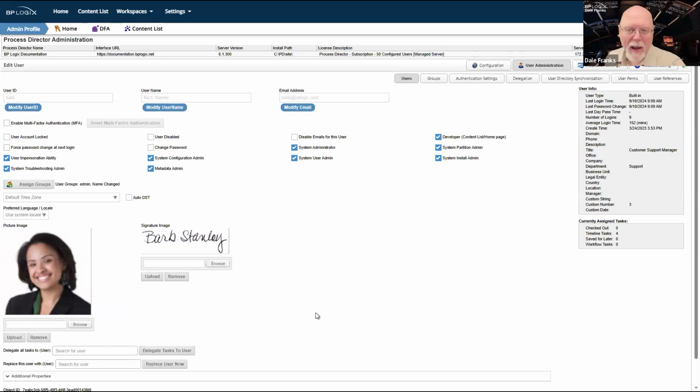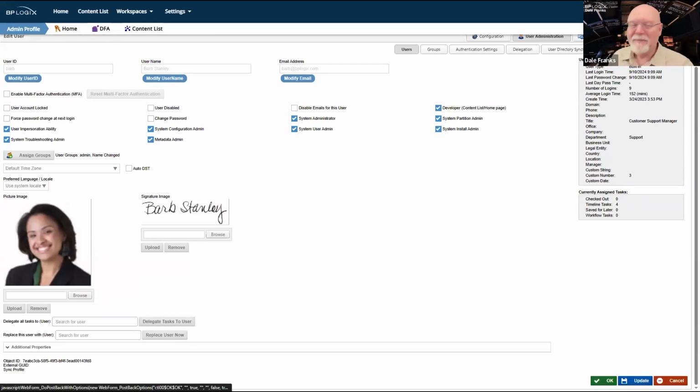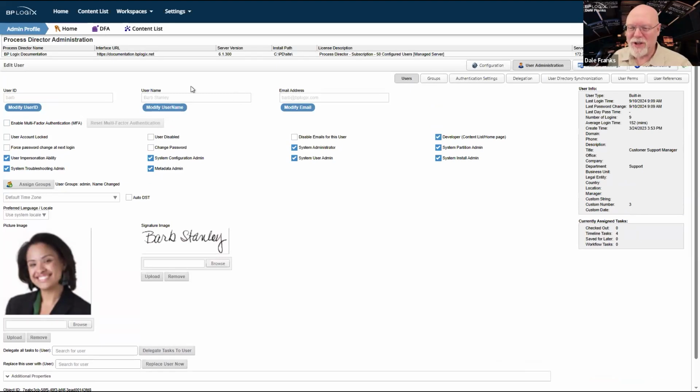If you have LastPass set up on your computer and you have it set to autofill usernames and passwords, which a lot of people do, well, that's great if you're logging into a website. Not so great if you are logging into a website where you have access to other people's usernames and passwords and email addresses, because LastPass will just assume that you want to replace your user's username or email address with your username and the email address, and it will overwrite those values. And if you scroll down to the bottom and you hit OK, that's going to cause bad things because you're going to change some of this data up here at the top.